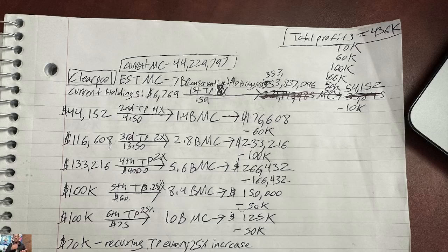1350 is going to be worth 40, and the $2.8 billion market cap will go to 5.6 billion. Right, at that point, I'm gonna have $266,432, and at that point, I'm gonna take out $166,432 in profits. At this point, I'm gonna have $100,000 left, and now my next take profit, because we're getting near our aggressive estimate, is gonna be when it